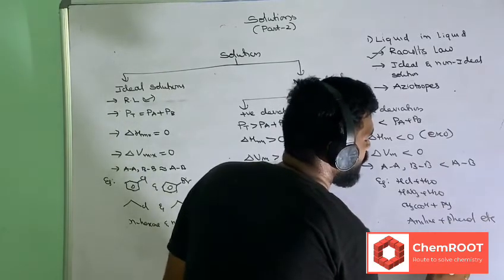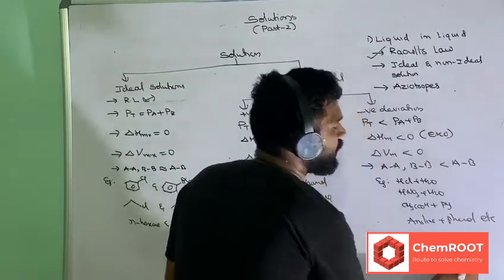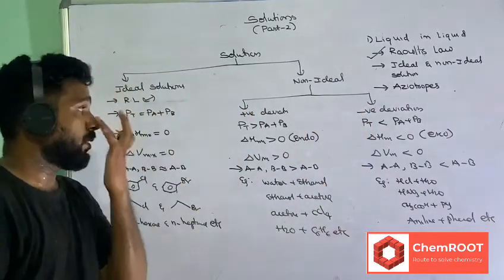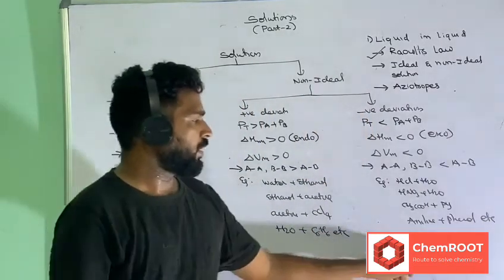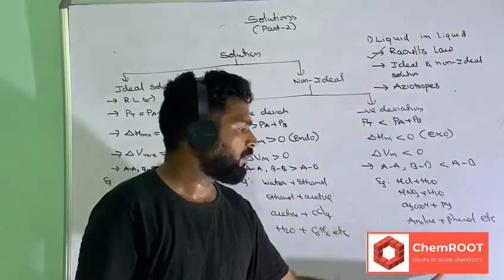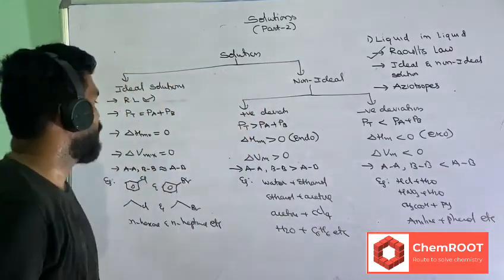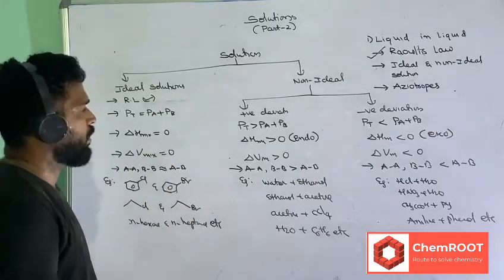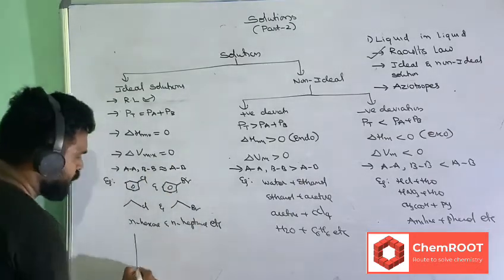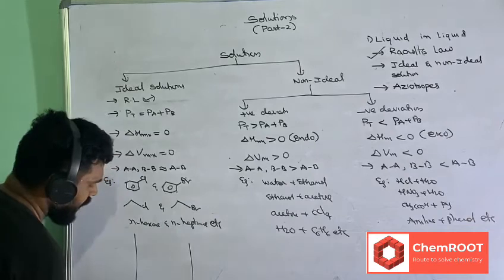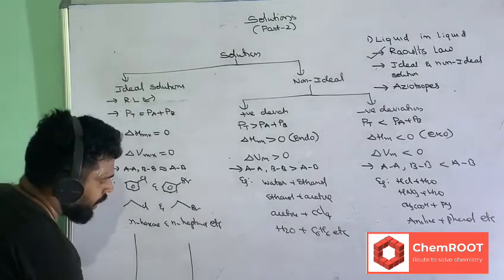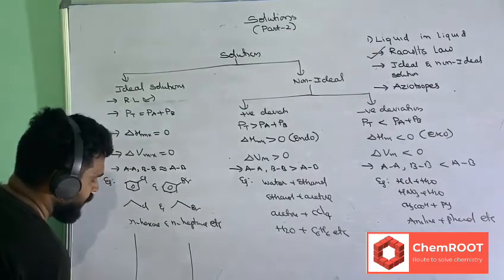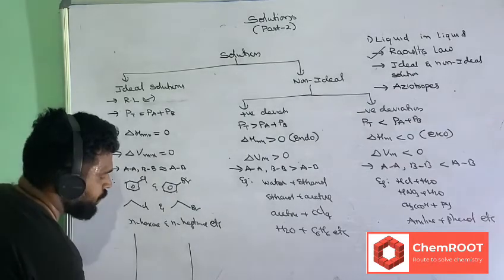You have hydrogen bonding will become. So because of this, it will form the negative deviation, because initially there is no hydrogen bonding. After forming the solution, you are getting the hydrogen bonding. So this is an example. If I show this graphically, chi A equal to 0 and chi A equal to 1, chi B equal to 1 and chi B equal to 0.